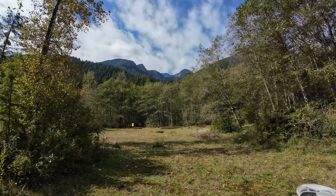Oh, check this little waterfall. Apparently there's waterfalls all over in early summer when the snow melt is still going strong. I can imagine that. This was the only waterfall that we actually saw